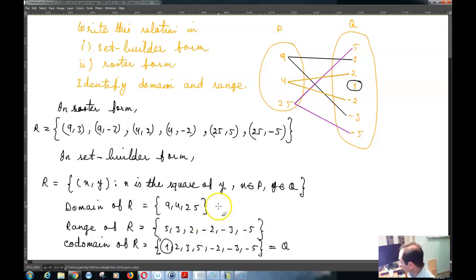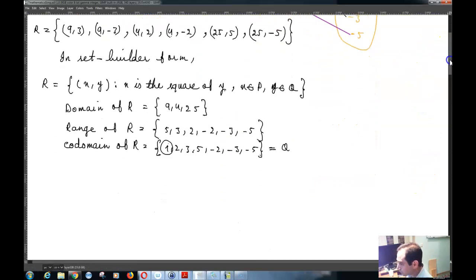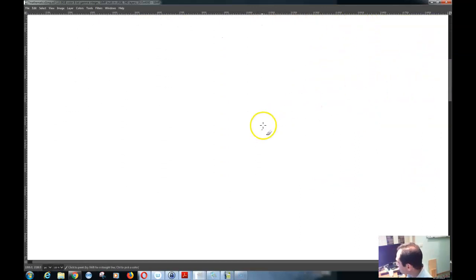Now, there is an important note here that says that the total number of relations that can be defined from a set A to a set B is the number of possible subsets of A times B. So the total number of relations,